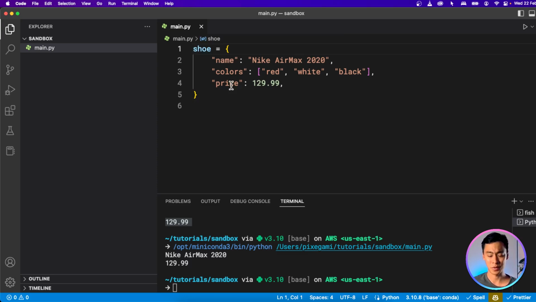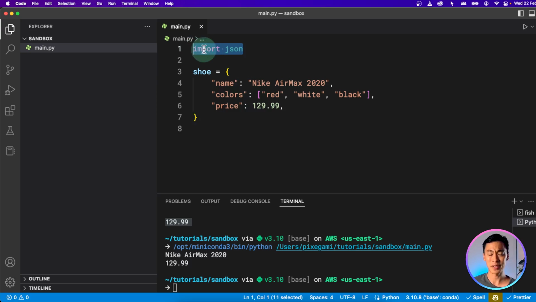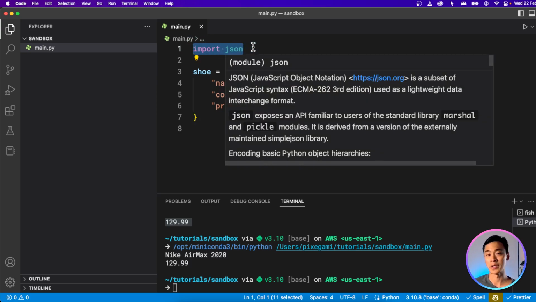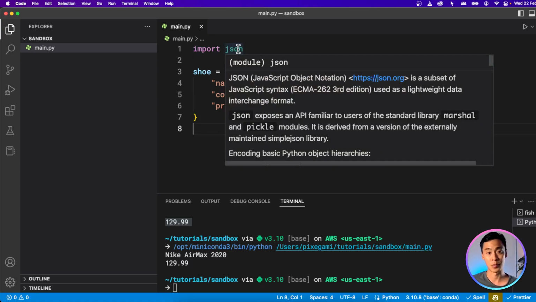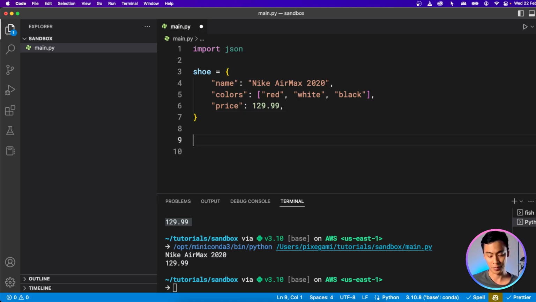First, we're going to have to do something we haven't done before, and that is to import a library. This basically just pulls in a bunch of code that we can use that we don't have by default if we don't import it. And now, using this JSON library which is imported, we can type json.dumps, which means dump to string, and we'll pass in our shoe object, the dictionary here. And this will return a JSON string, a JSON representation of this Python object.